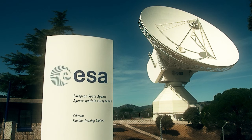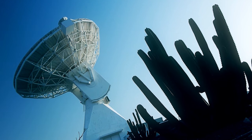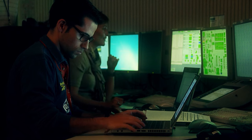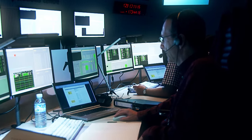The data comes down to the ESA antennas on the S-track network in Argentina, in Spain, and in Australia. From there, it goes to Darmstadt, who control the spacecraft, and then it goes to our central data processing hub near Madrid in Spain, which is an ESA center. And from there, it goes to the data processing consortium, which then slices it up in different parts and processes